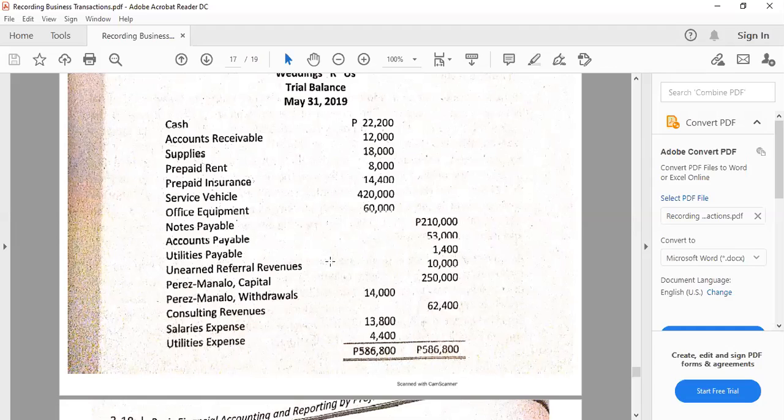So once again, we go back one step. Then where did we get the amounts in the T accounts? We obtained them from the journal entry. So we now check the posting step, the amounts and the accounts from the general journal to the general ledger, because it's possible that, let's say, it's debit to cash of 220 and then we place that on the credit side, so wrong side, and so on and so forth. So we have to review.